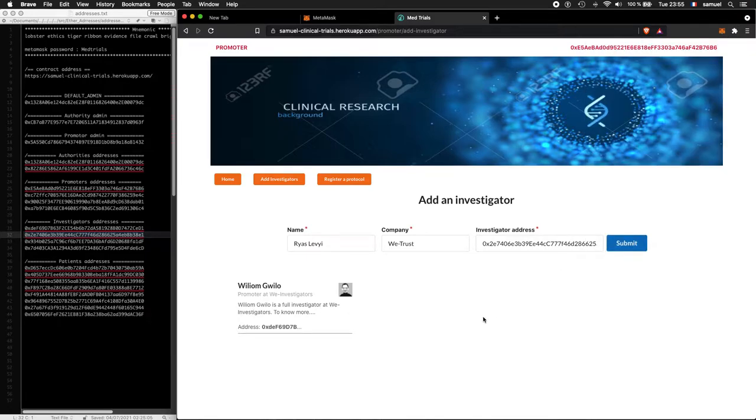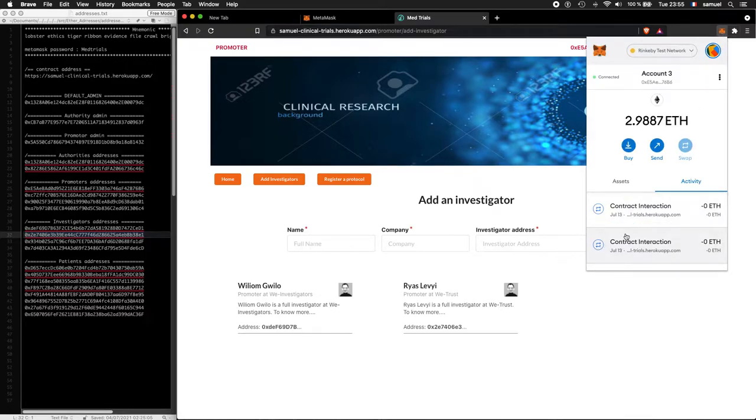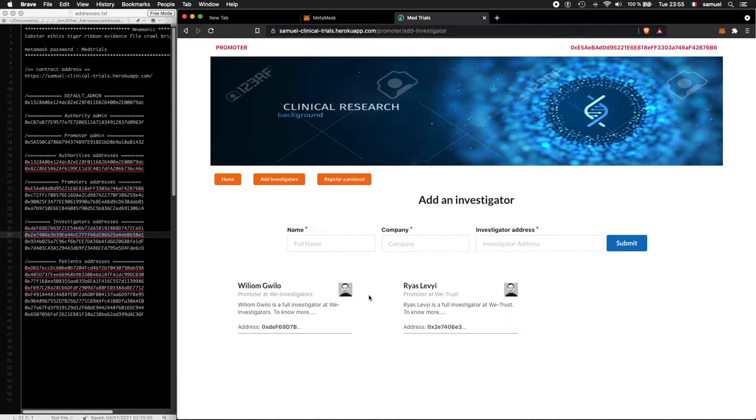Just wait for the confirmation. And once the transaction is confirmed, then the new investigator will be displayed here on screen. So now we have two investigators.